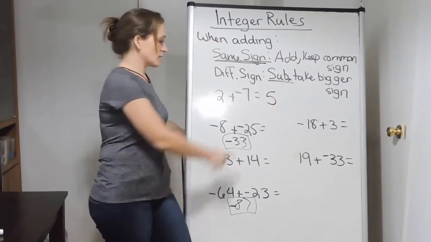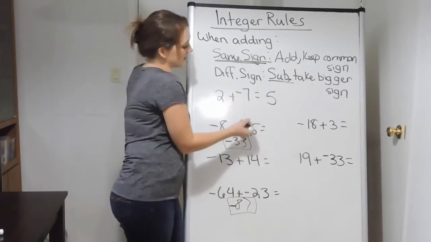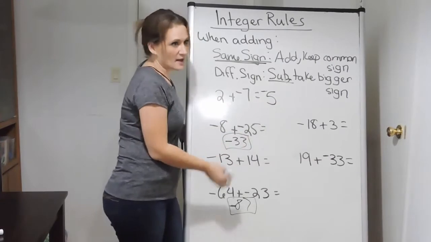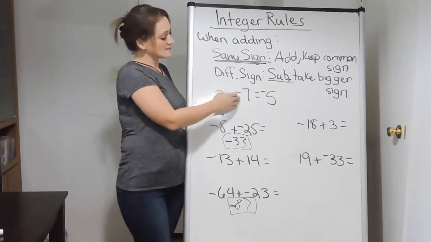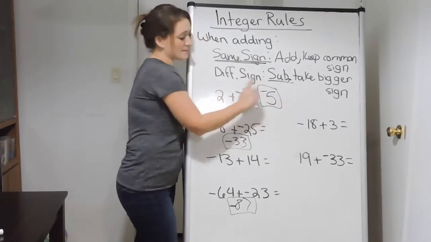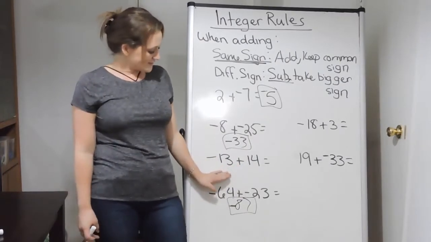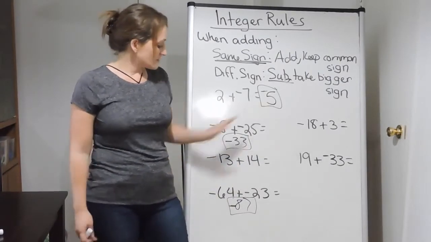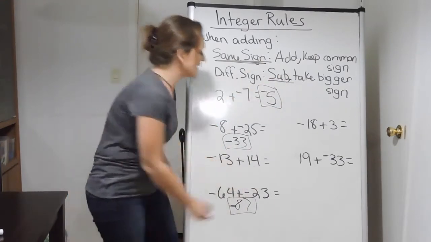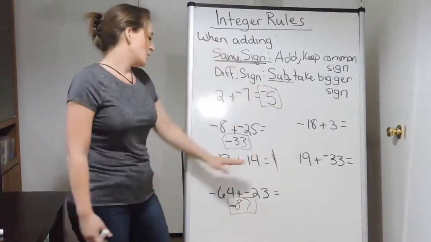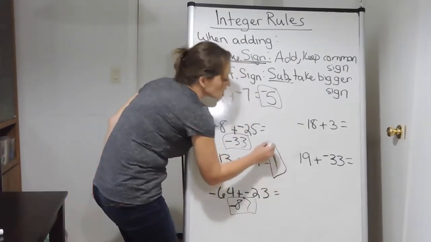And whatever number is bigger, 7's bigger than 2, we're going to take that sign. The 7 is negative, so I'm going to take the negative. If the 2 were bigger, I would have taken the positive sign. But the 7 is bigger and it's negative, so I'm going to take the negative right along with it. Alright, so over here, negative 13 plus 14, subtract them, right? Ignoring the signs, go ahead and subtract. 14 minus 13 is a 1, whichever one is bigger, so here 14 is bigger, it's positive,